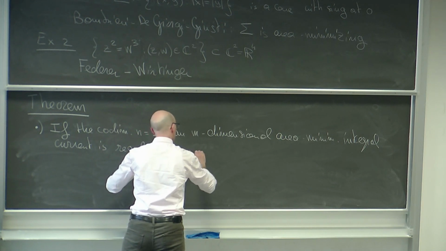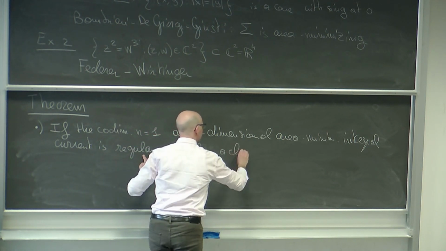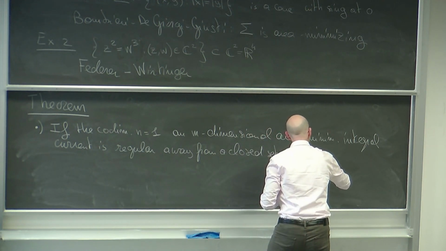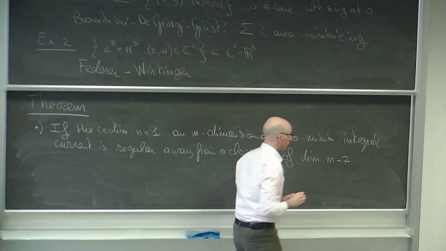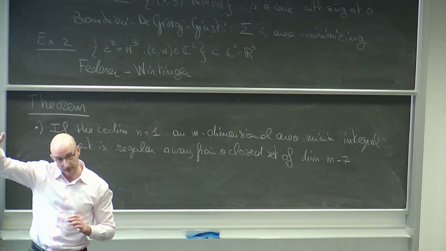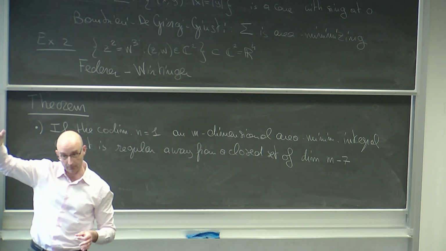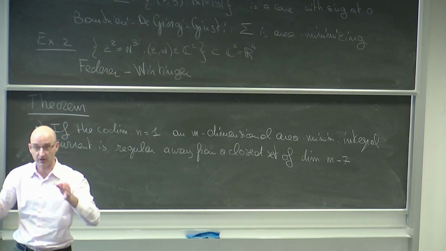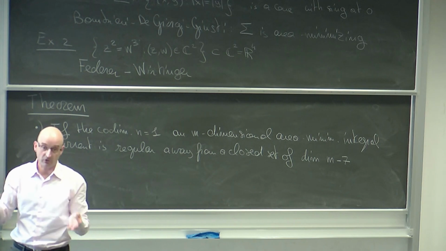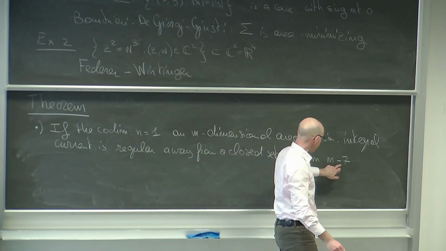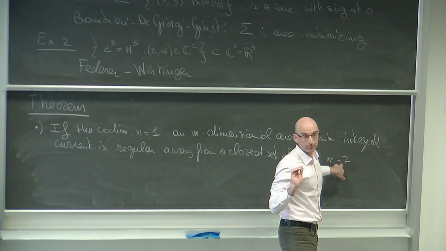So it is regular away from a closed set of dimension n minus 7. Okay? So in particular, until you're actually at this eight-dimensional Euclidean space, so if you were trying to do something like the Bombieri, De Giorgi, Giusti example in R^7, you're not going to get it. Like, you know, you start with a smooth, nice boundary, you find a minimizer, which is actually smooth. It's a classical one, the one that you would get if you're minimizing among smooth oriented surfaces. But when actually n equals 7, this becomes 0, and so you can actually get point singularities.